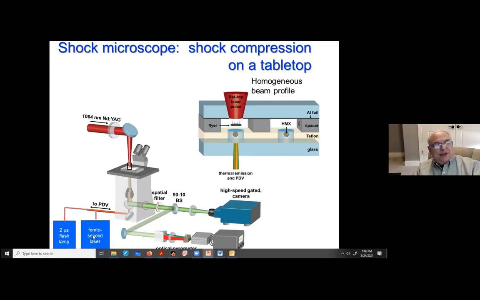And we have actually all kinds of different lasers and flash lamps and stuff. One of the nice things about this technique, if you've been a laser spectroscopist, you always go, oh no, my laser's the wrong wavelength. But this is shooting bullets, and you can shoot a bullet at anything, I guarantee it. Even dark matter, I think. So it's got a lot of applicability. It is destructive testing though, one shot and kapow. So it's really useful to use single shot diagnostics and also to mass produce presumably identical samples.